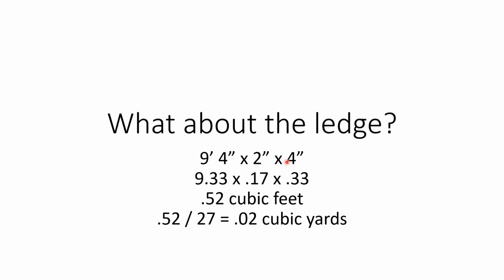9 foot 4 times 2 inches times 4 inches, 9.33 times 0.17. How do we get 0.17? Well, no matter what your number in inches is, if you divide it by 12, you get feet. So 96 inches divided by 12 equals 8 feet. 2 inches divided by 12 equals feet, and it just happens to be 0.17 feet. Remember, whenever you're doing any type of volume, you have to be multiplying in the same units. So it's 9.33 feet times 0.17 feet times 0.33 feet, which is 4 inches, and then we get 0.52